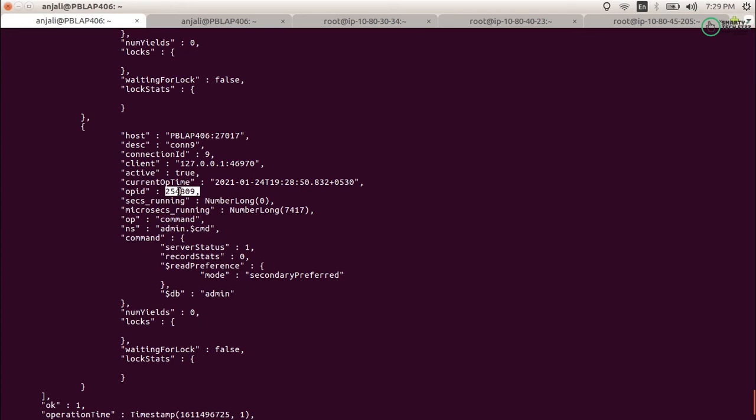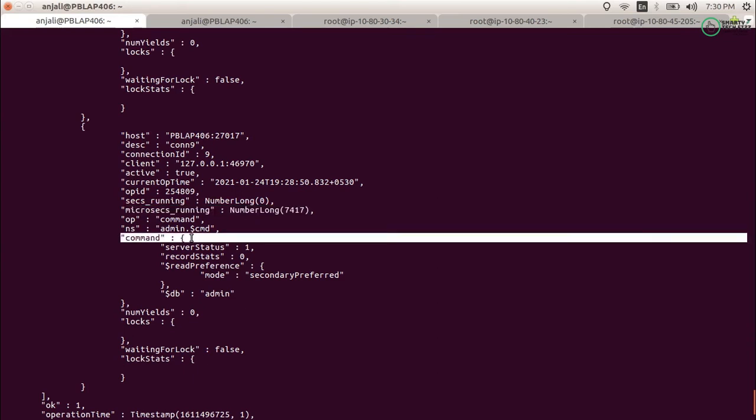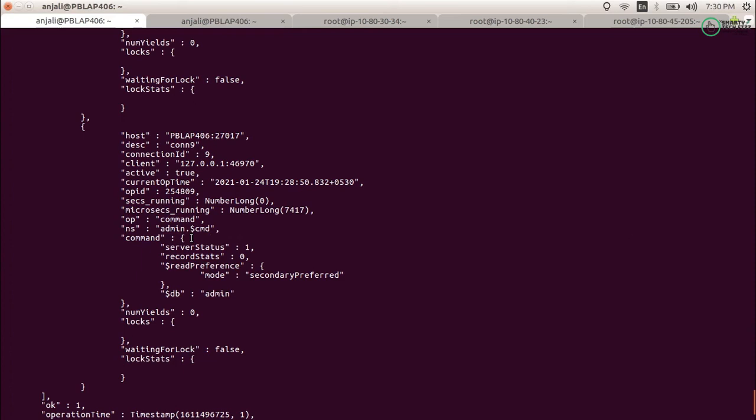You can kill this. If you are not able to kill this, then try to create an index. You can leave it for now, but you have to create an index for it, because it is going to impact your MongoDB performance, and it is going to impact your application too. So this will be the microseconds running, how much time it has been running, and it will also tell you the command or query that is still running.